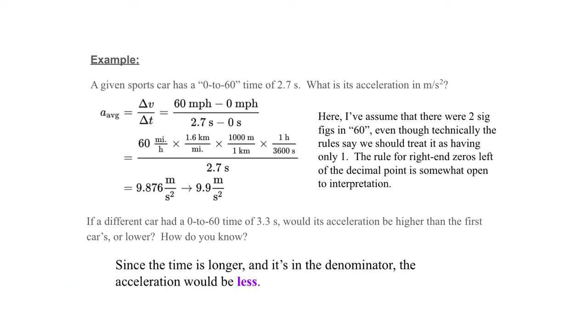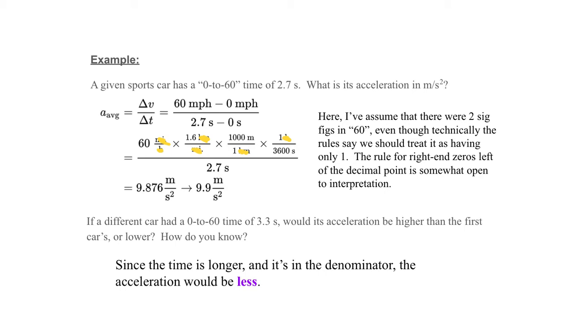The first part's easy. A sub average is delta v over delta t, so we ended at 60 miles per hour after 2.7 seconds, and we start at 0 miles per hour at 0 seconds. Then we have to do some grunchy conversions. So 60 miles per hour times 1.6 kilometers per mile, that, as we've done a couple times now, lets us get rid of the miles. And 1,000 meters per kilometer gets rid of the kilometers. And 1 hour turns out to be 3,600 seconds, so we get rid of the hours. And we're left with meters per second, that's what we wanted, divided by seconds. This all turns out to be, if you grind it out,